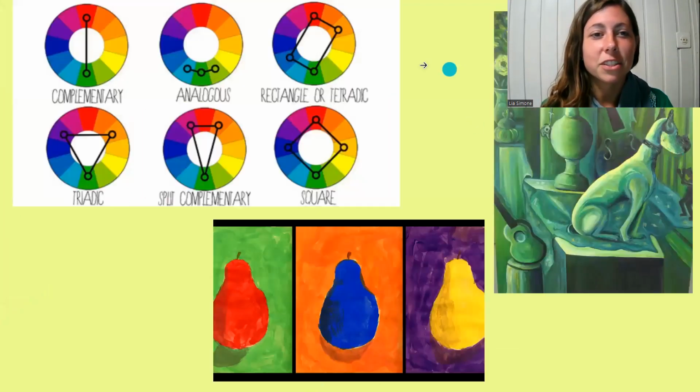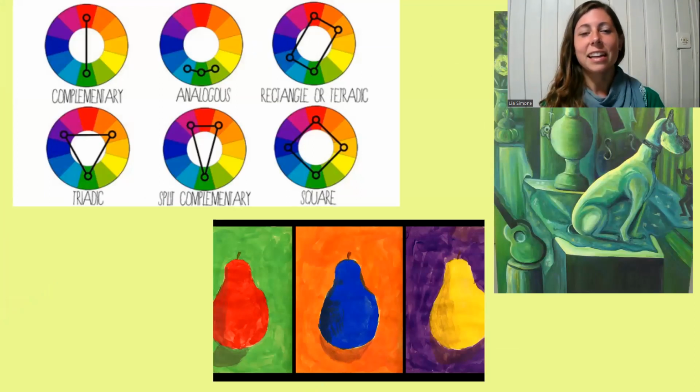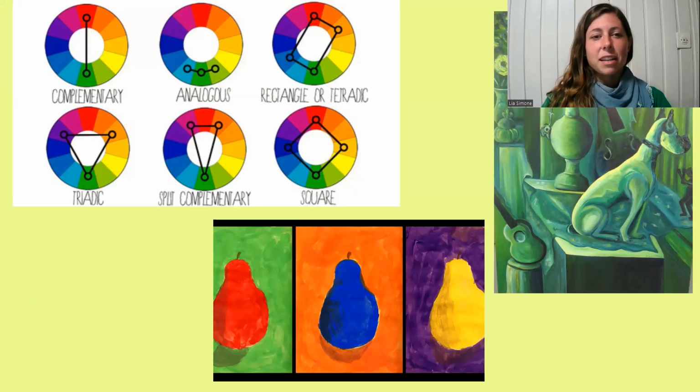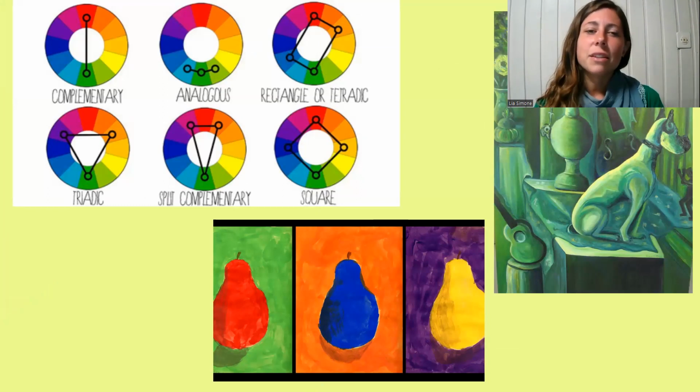And we're just going to move on and share a little bit more about color theory, which I find actually quite interesting. And I like to share these lessons. So on the top here, you see some color wheels with these little lines drawn over them. It's not so important, these little names written underneath each circle, but I find this very interesting.